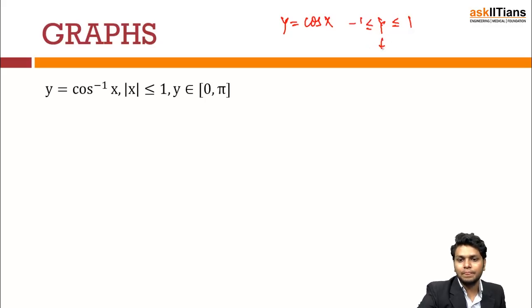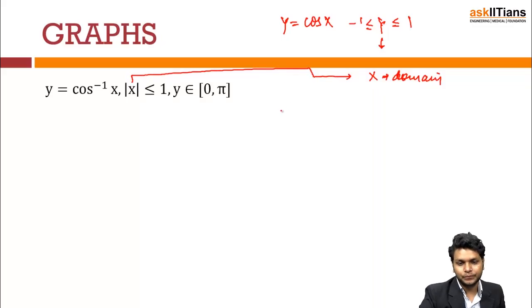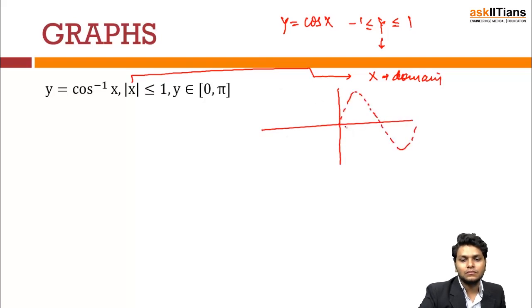Now this is y earlier, now it will become x, hence quite obvious the domain of the function will range from minus 1 to 1, which it is, right? So our understanding of the function is quite clear. But as we can see, the cos x looks like this. It's not like this, this is the sin x.